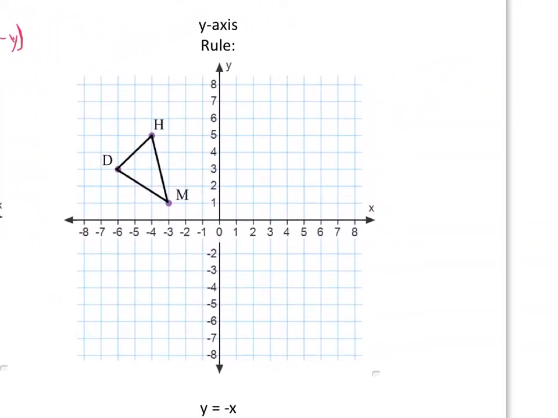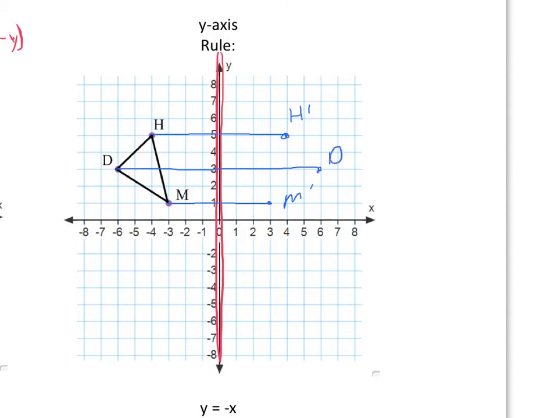The y-axis. Okay, so now we're talking about our line of symmetry being right here. So the H would be 4 units to the line of symmetry, so 4 units away would be H prime. M is 3 units away, so 3 units past the line of symmetry is M prime. And D is 6 units away, so 6 more units to reflect it. We give you that position. Alright, so we have a new shape, a new image,